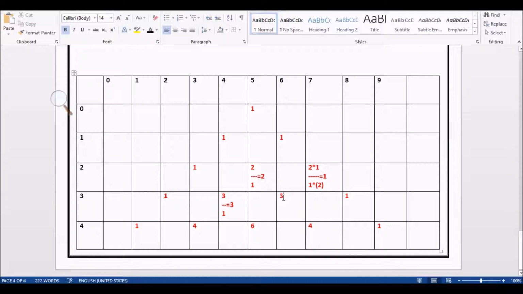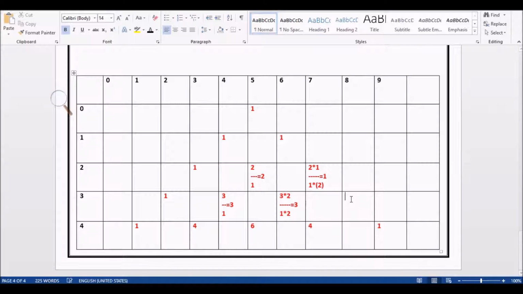Now 3 will be there, multiplied with its decrement, and again in the denominator 1 will be present, multiplied with its own increment, 2. So the 2 and 2 get cancelled and it is equal to 3.